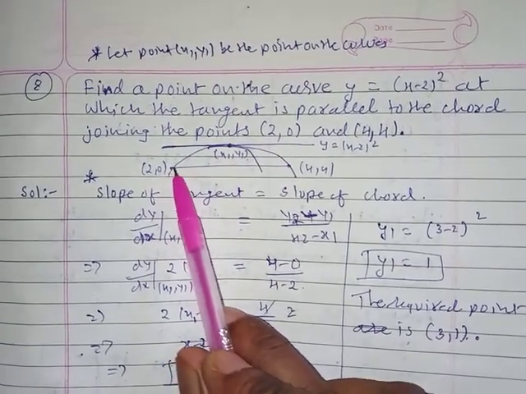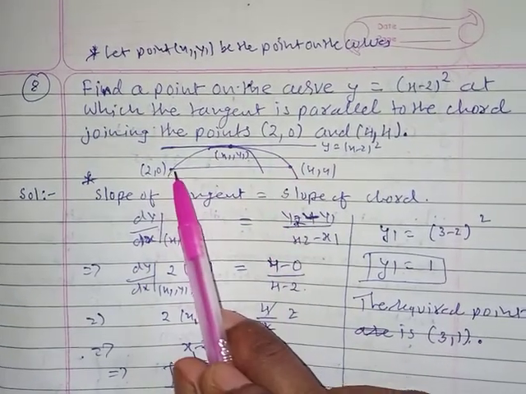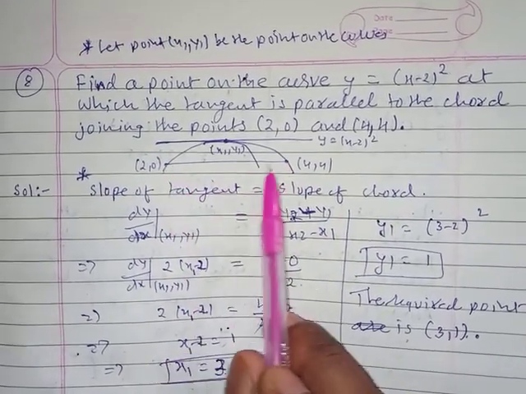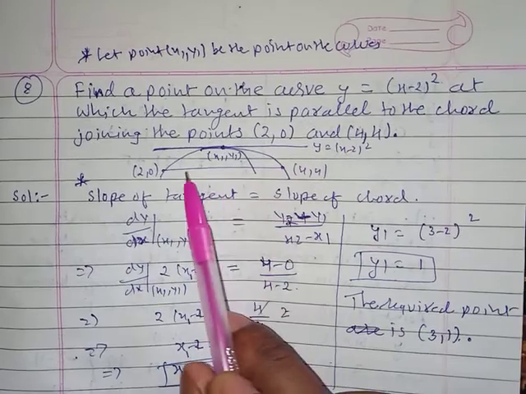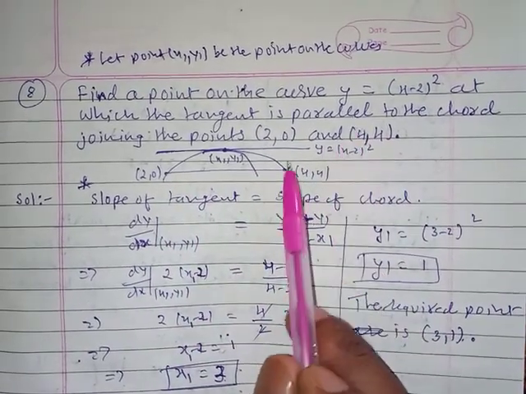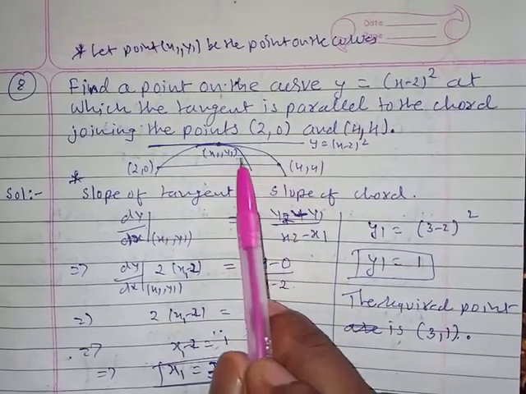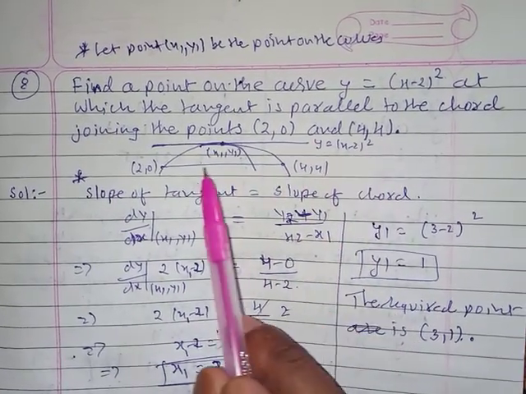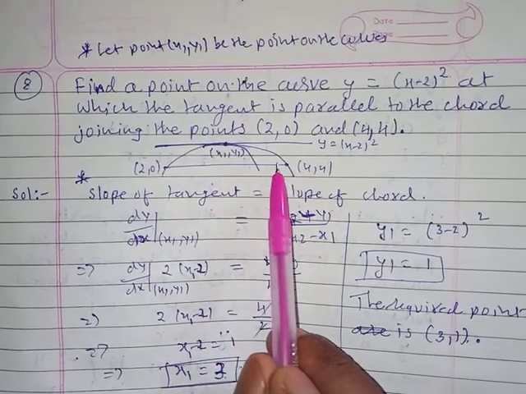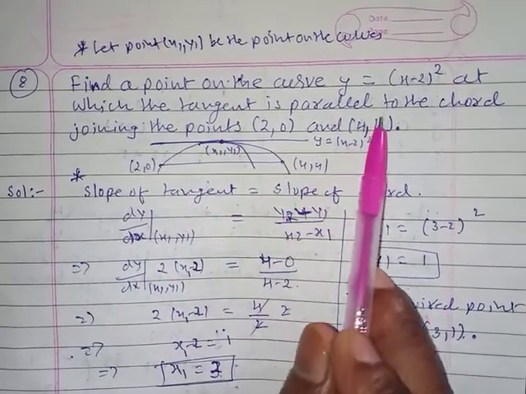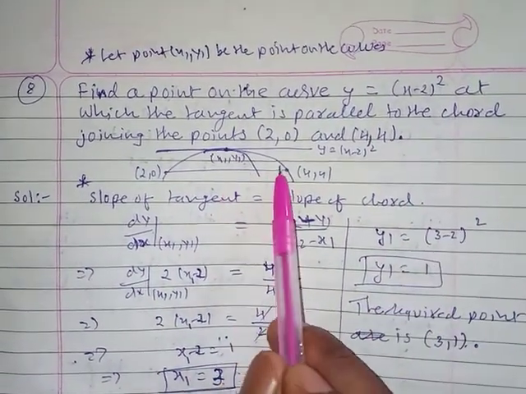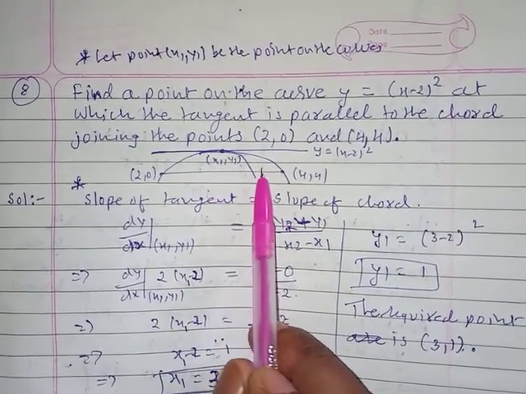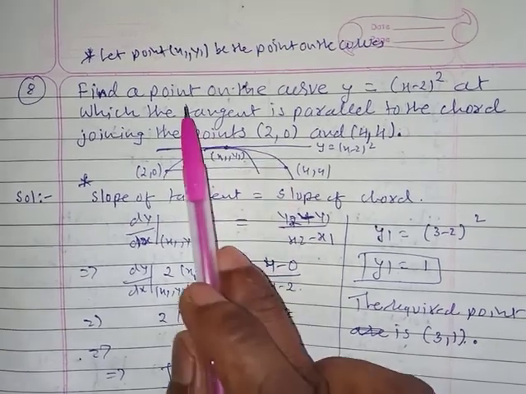And these are the two points on the curve. And if you join this, you will get a chord. Is it? And since they are parallel, slopes are equal. So slope of a tangent of this equation is equal to the slope of the chord. Here particularly we say that slope of a chord. So from there we'll get x. And if you substitute x, then you will get y also.